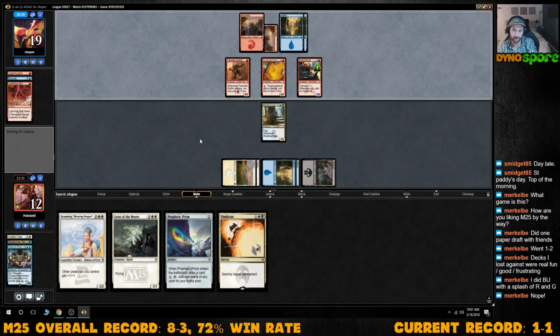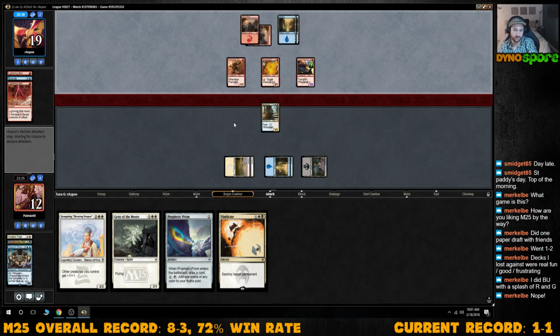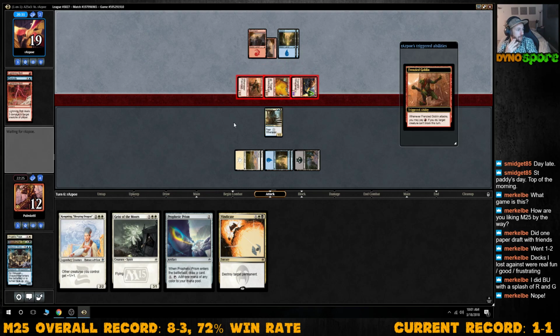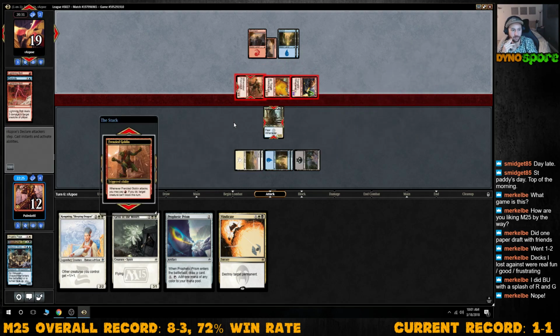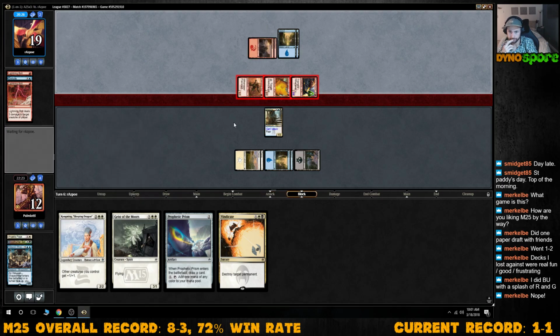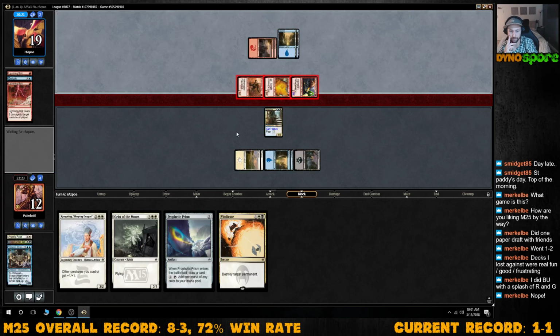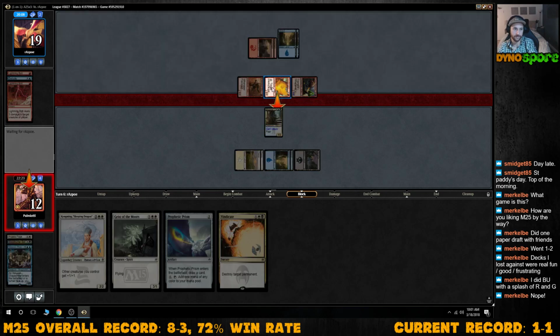Okay, so we need to kill... Maybe we need to kill... Let me think about this. Maybe we need to kill... Okay, this is getting out of hand. I thought we were good here. Maybe we need to kill a stupid Frenzy Goblin thing, because if we do that, then they can't attack with this either, unless they have removal for this. And then we can take...